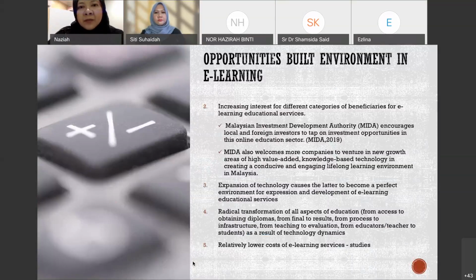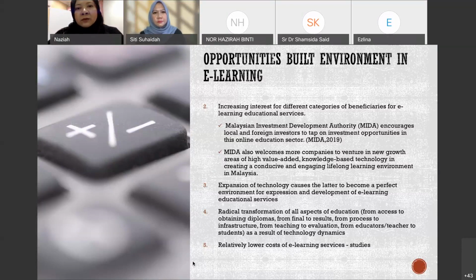Another opportunity is increasing the interest for different categories of bodies in learning education services. Even MIDA encourages the local and foreign investors to tap on investment opportunities in this online education sector, especially by giving grants to the schools or individual researchers. There are also welcomes more companies to venture in new growth areas of high value added knowledge. It has been launched last year, if I'm not mistaken, and yet still offers more to